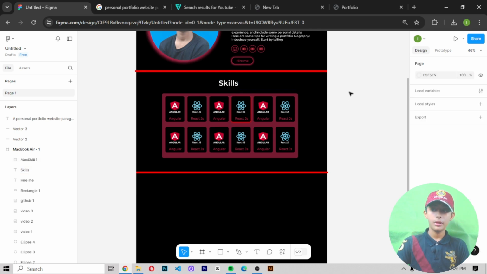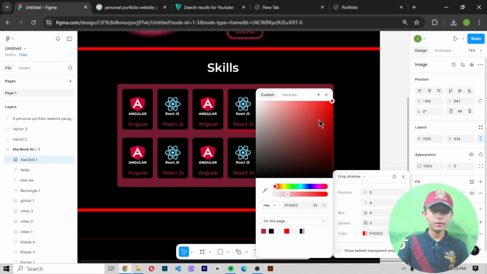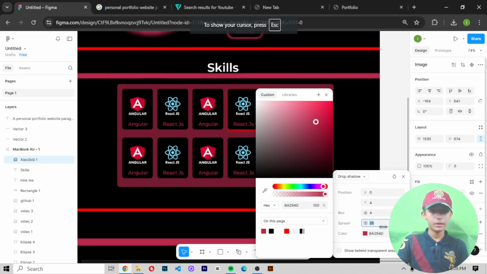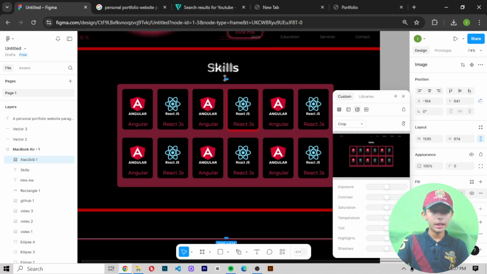Now select your image and give it an effect. Effect means like the red color or this color. Give it some effect like this type of effect. So let me tell you how you can give it. First of all, select this and crop like that